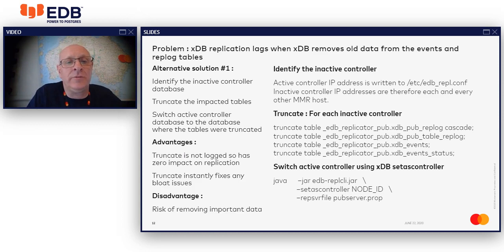So there are 2 ways that we can work around that, and I should say this was developed in conjunction with EnterpriseDB. The first workaround is to truncate those tables. Of course, you can't truncate them on the active controller; you truncate them on the inactive controller. So the first thing to do is identify the inactive controller database or databases. If you remember, I've already mentioned that the active controller IP is written to edbrepl.conf, and